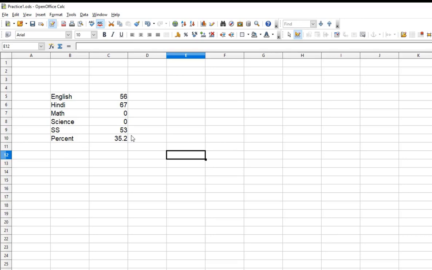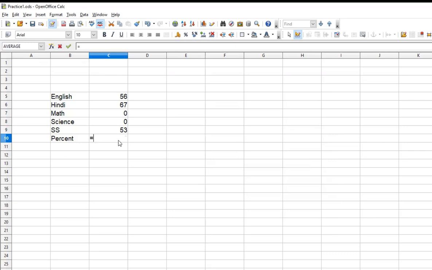Fine. So with the solver, for example, I've taken marks over here. I've got English 56, Hindi 67, Maths I haven't got the marks as yet, Science I haven't got the marks as yet, Social Science is this much, and then I've calculated the percentage. How do we calculate the percentage?